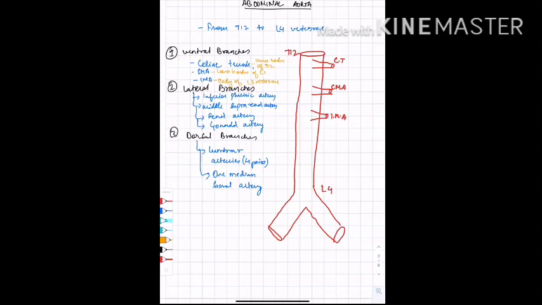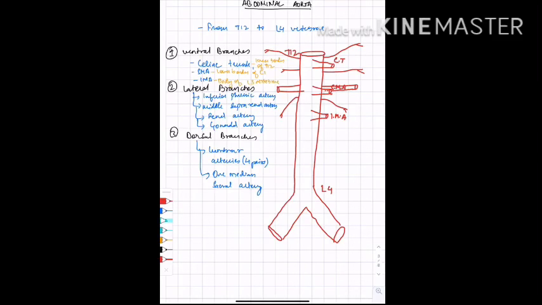Now coming on to the lateral branches. First of all, it would be inferior phrenic arteries. Second would be middle suprarenal artery, and remember this would be present on both sides. I'm not taking it on this side because I have written the branches here, but this is the middle suprarenal, and this one is the renal artery. Renal artery would be present on this side also. And last one is the gonadal arteries.